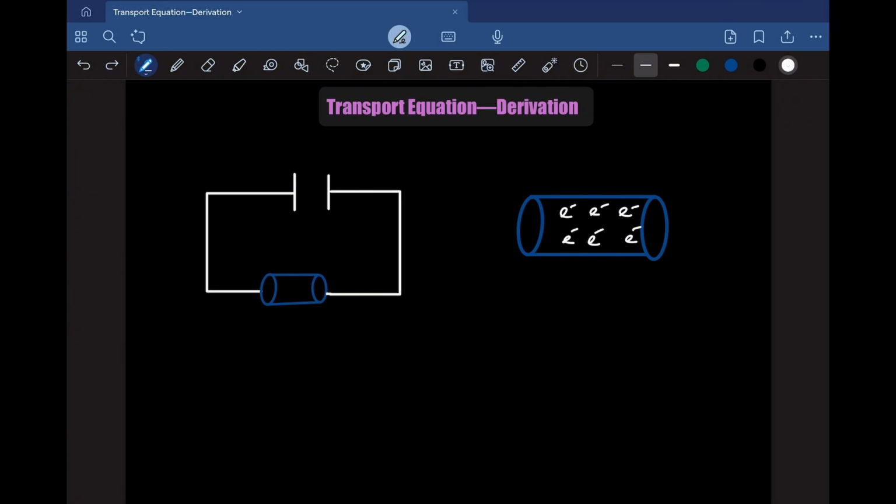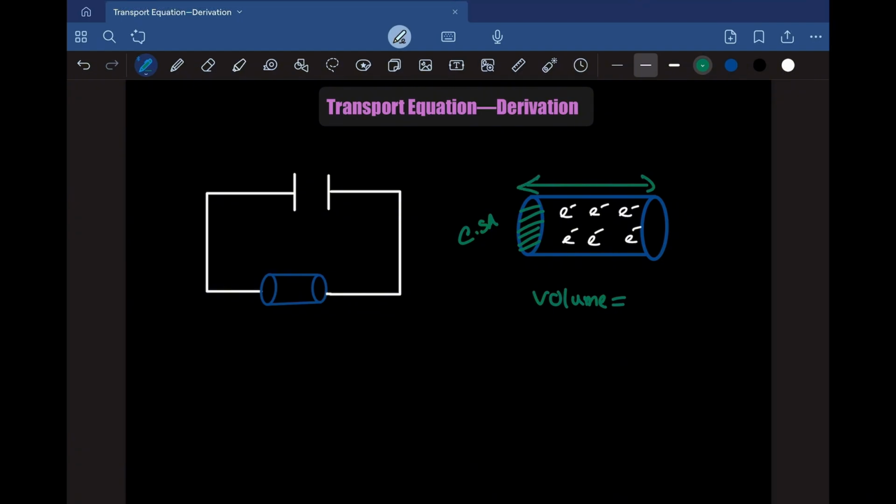So in this wire, first of all we have to figure out the volume of this wire. In order to derive the transport equation, the first thing we will do is derive the volume. So here we know this wire is in the shape of a cylinder, right? To figure out the volume of a cylinder, we have to figure out the cross-sectional area first. So this is the cross-sectional area, and this cross-sectional area into the length of the wire